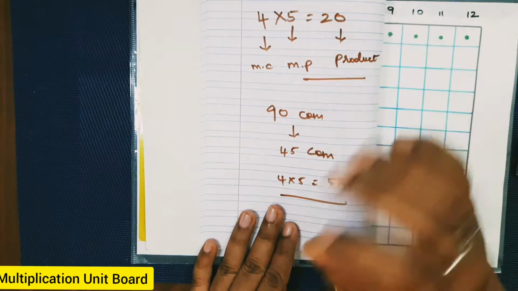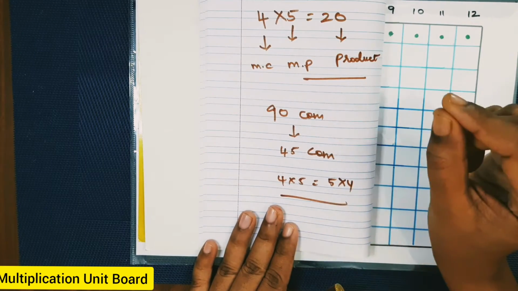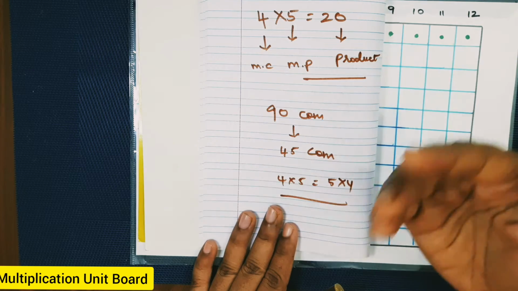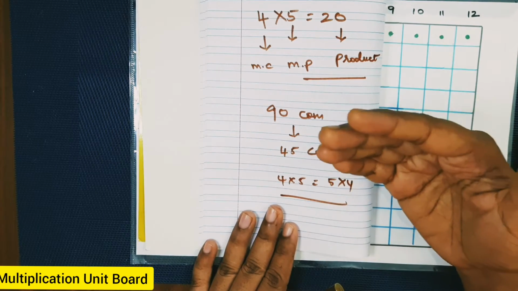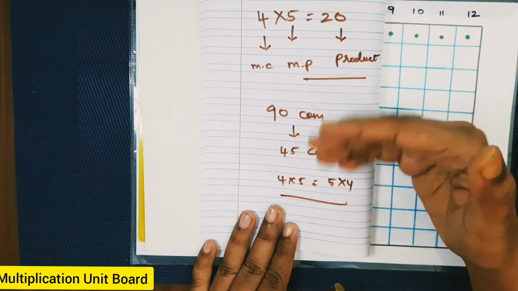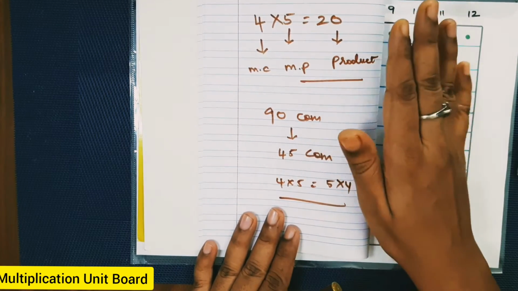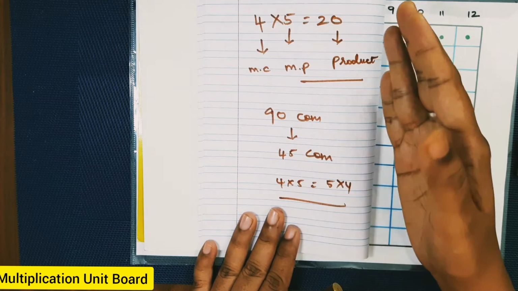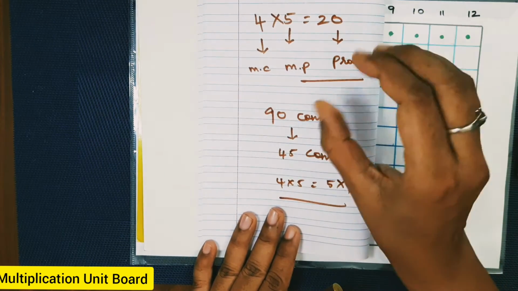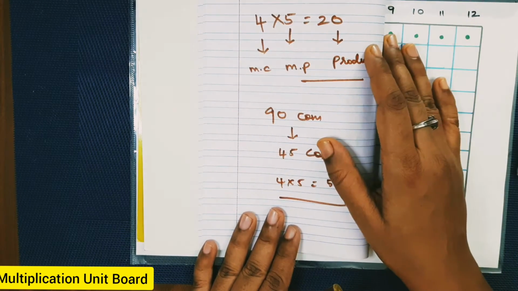You can always introduce the etymology behind the word multiplication. Multi means many, which we are very much aware. Plico means folded. In our day-to-day conversations, we use this word, right? It got folded many times, multi-folded. Okay. So in general, multiplication means when we take the same quantity and put them together, this is called multiplication.